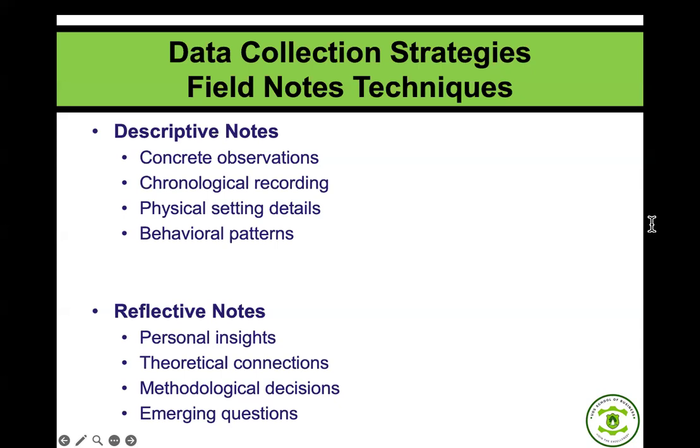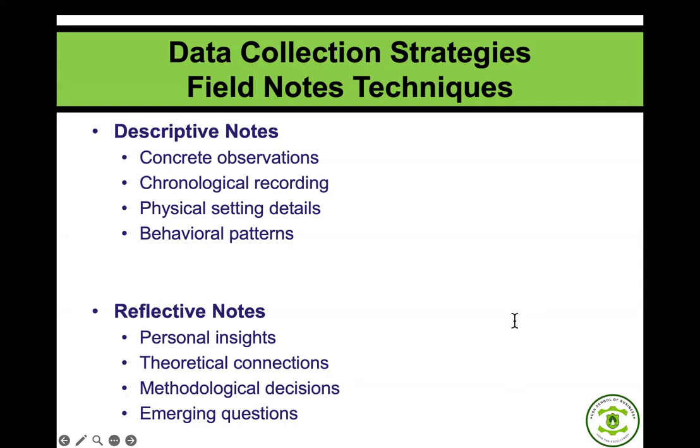First, let's start with descriptive notes. These are your objective observations. It basically refers to what has happened. When we are talking of descriptive notes, you have to imagine that you are creating a vivid picture that someone else could visualize perfectly. Are you getting it? You want to be able to capture what? Concrete observations. And you want to do that in a chronological